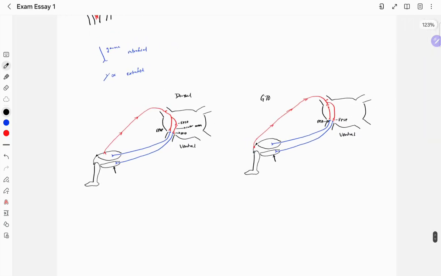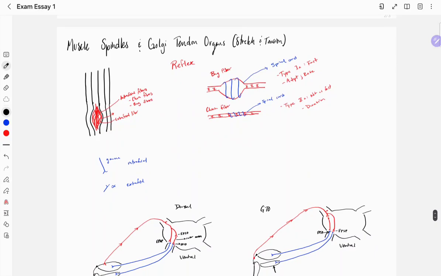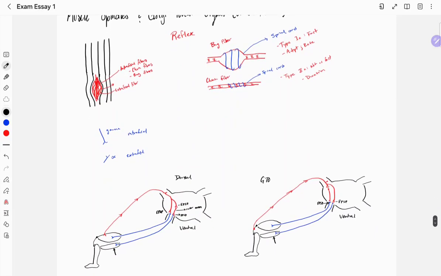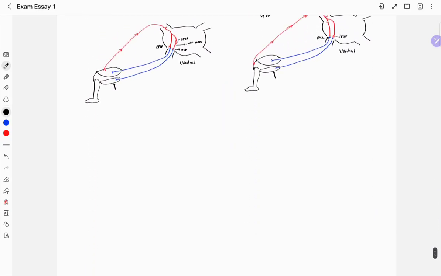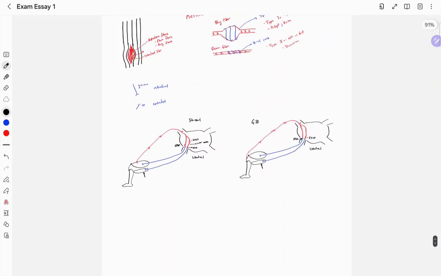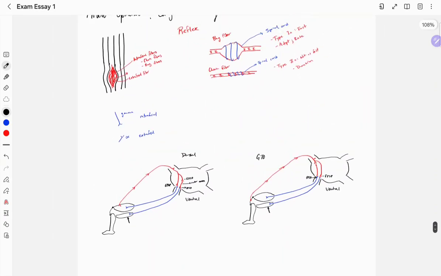So that's a little bit on muscle spindles and Golgi tendon organs. Maybe I need to review that to go a little bit more in depth myself and gain an even better understanding, but